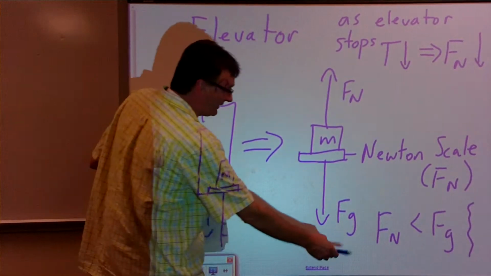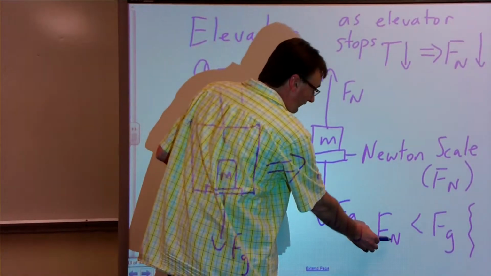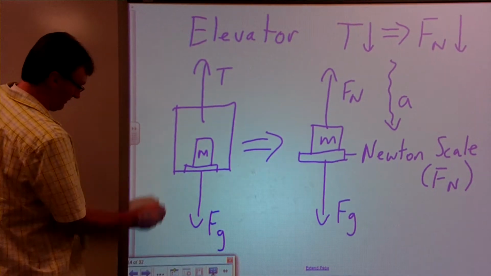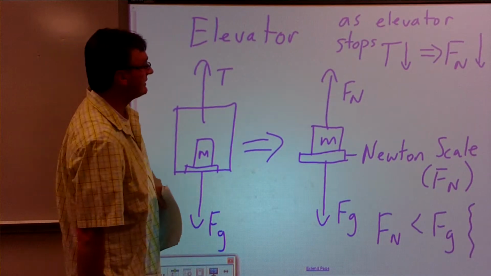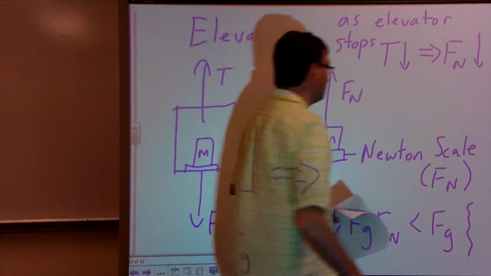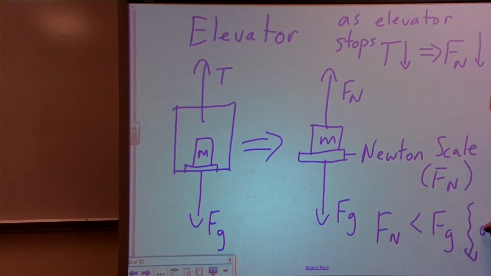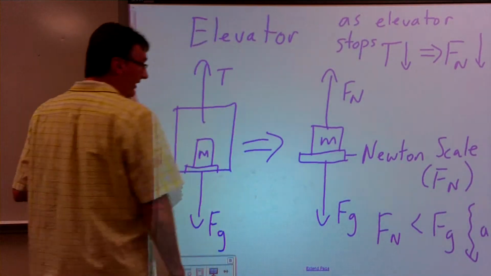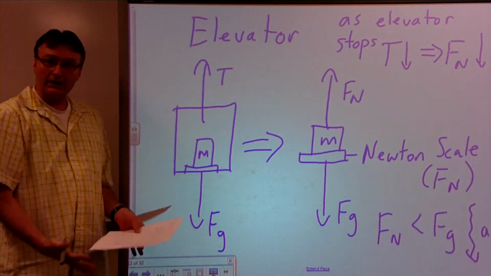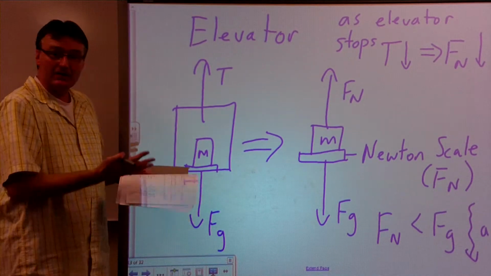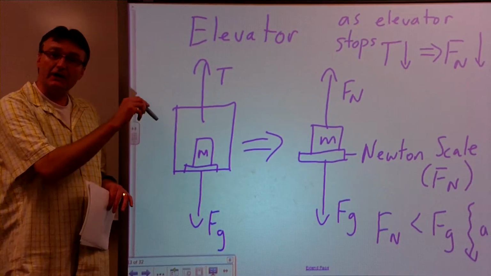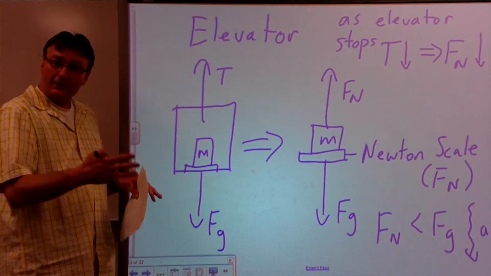And then just mentioning here that the normal force will be less than the force of gravity. And in this situation, just while the elevator is stopping, your acceleration will actually be in the down direction now. So as the elevator goes up, when it accelerates you in the upward direction, you have acceleration up. As it comes to a stop, the acceleration is actually in the down direction for that instant while the elevator